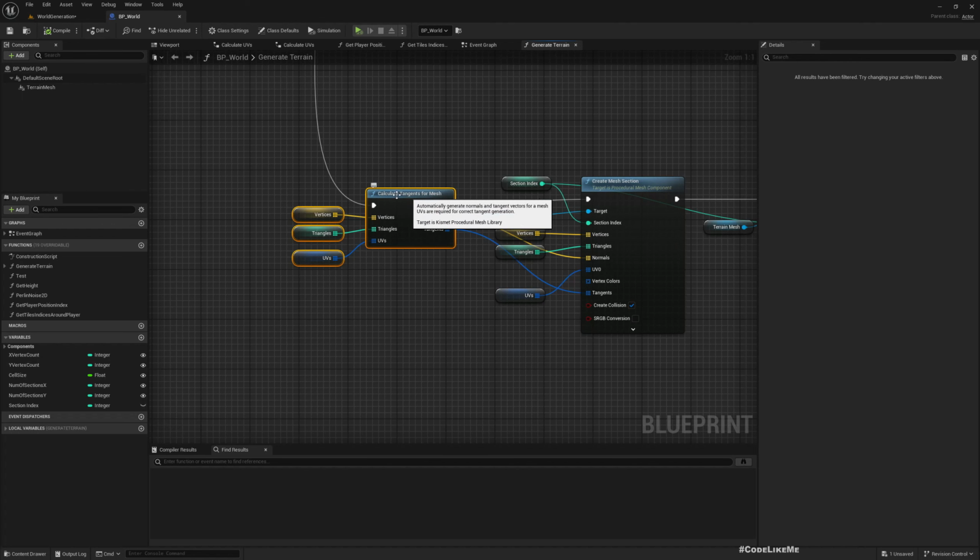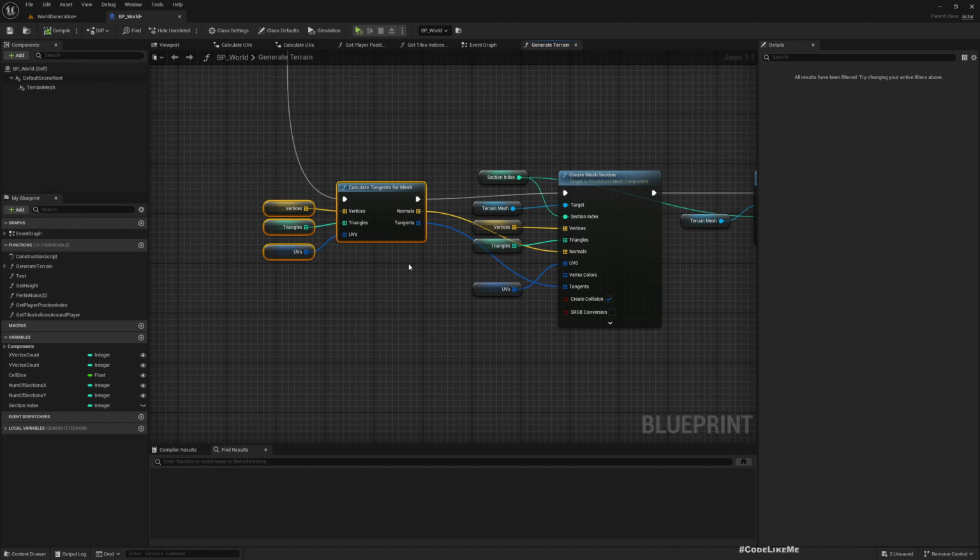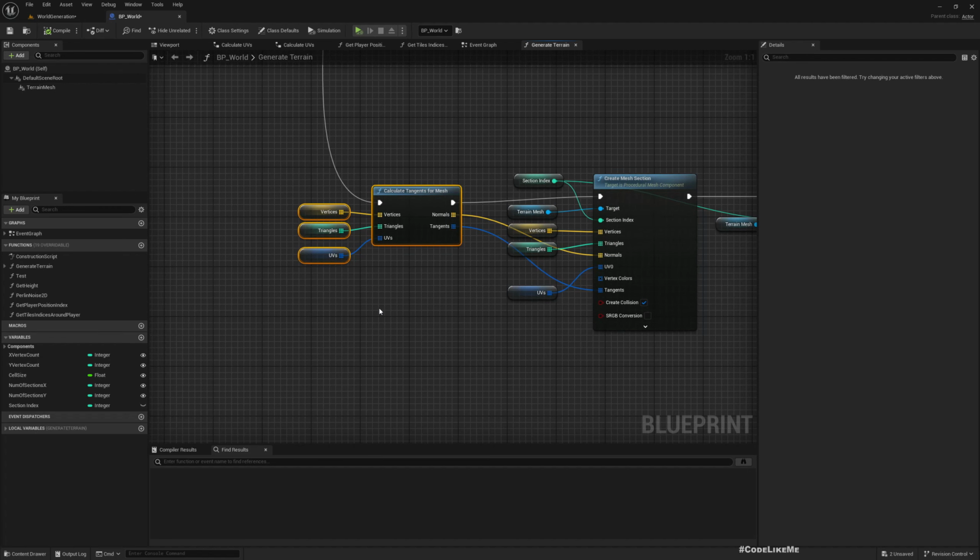Using this function, calculate tangent for mesh, I generate the normals, and these are the normals I use to create the mesh. The problem is, into this function we only give the vertices and triangles and UVs of